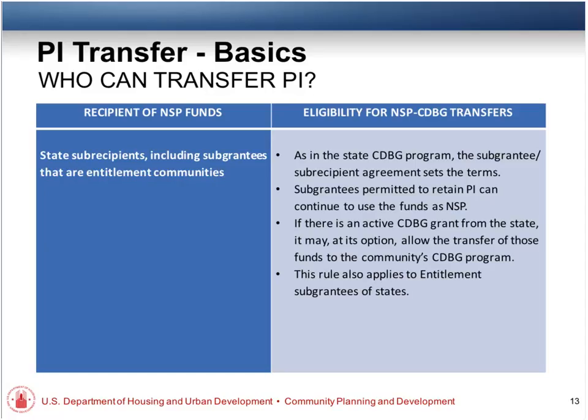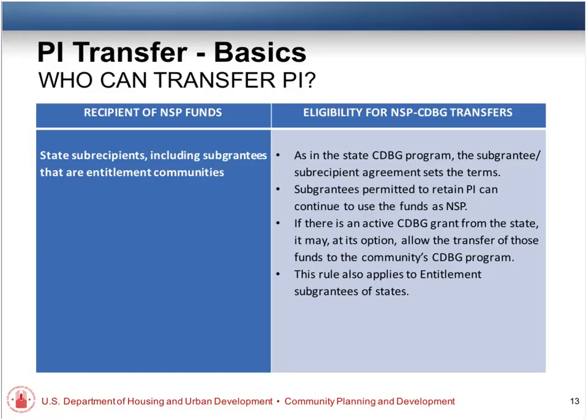Yeah, and on NSP, a number of states looked around and found that their areas of greatest need were in entitlement communities and made grants to entitlements, sometimes with trepidation. Yeah. I know for sure that some of them were not too confident about that, but I think those probably worked out all right. But now those entitlement communities are subgrantees of the state, so they can't just do what they want to do. They have to get the state's permission to transfer that money back to their own CDBG program if they so desire.